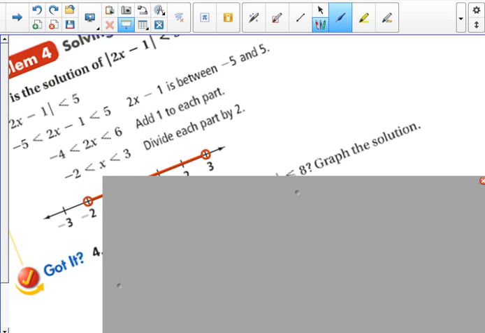Now today I said if you can, work as far as you can on 13, 14, 15, 16. So the answers can vary because there's more than one way to answer these. But here's a sample answer. You might have said the absolute value of x is equal to 3 on number 13. So that would give you the positive 3 and negative 3 would make that true. 14,